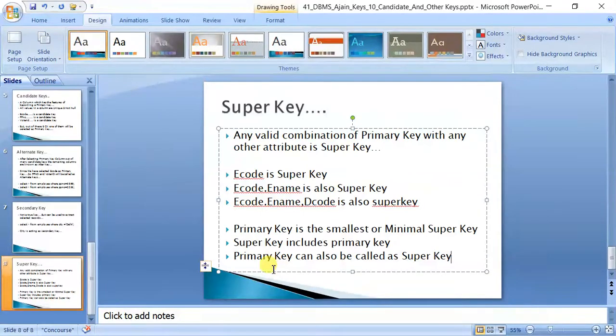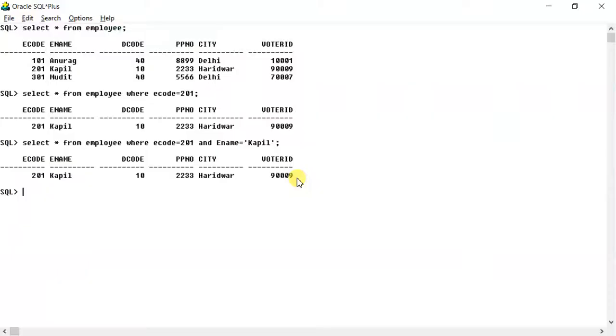But most of the time, primary key will be added with other columns to be called a super key, though it is not necessary, as you have seen. This super key concept will be used later in normalization and other topics. We have covered a little bit here, so please remember this. This example is important.